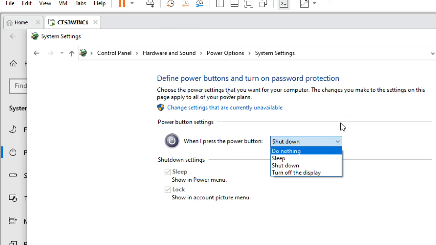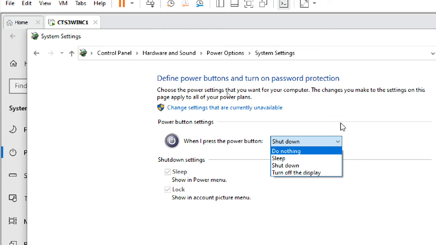For example, if any kids are there in a home, like I have my sister's kid in my hometown, just for fun he will touch that power button lightly, and it goes down. Friends, parents or relatives, some naughty people, some very serious people, when you are working on your laptop, they get angry or want to make fun of you, so they will touch the power button. So what to do? Better to put it on do nothing, so that accidentally touching or cleaning, the system doesn't get shut down.